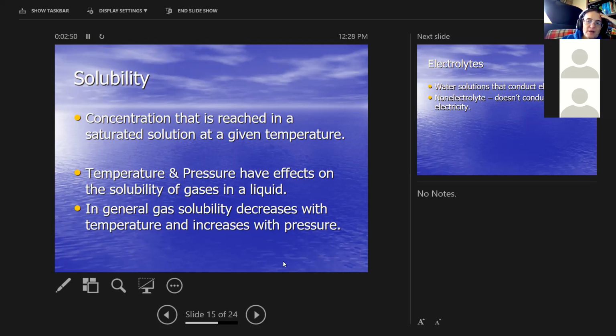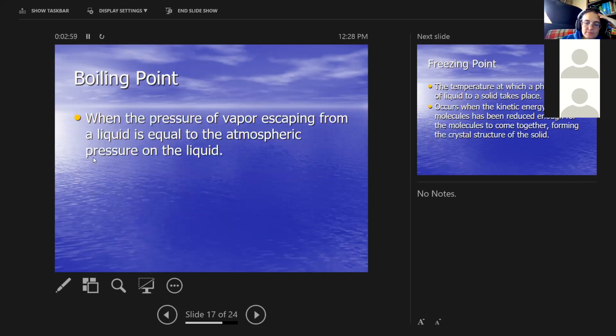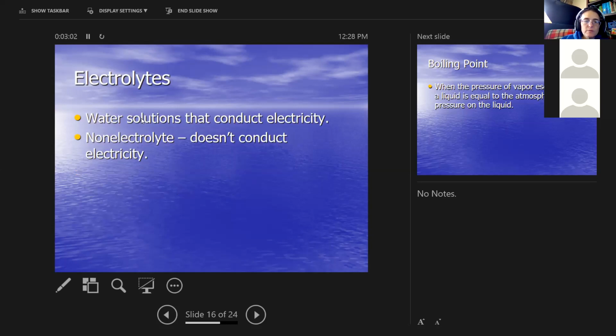All right. So electrolytes are things in our body, in our cells, that conduct electricity. And they don't have to be in our body. We can have solutions in a beaker that conduct electricity. A non-electrolyte is something that doesn't conduct electricity. Typically I'll have a whole worksheet of things that are electrolytes and not electrolytes that I will have you distinguish, but we'll just go with the definitions. There might be a definition question on the test, and that'll be it on this. Electrolytes conduct electricity, non-electrolytes don't. Very basic, very simple.